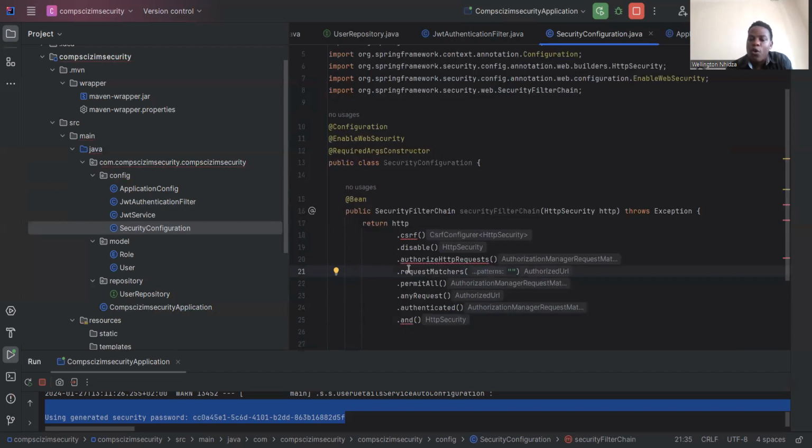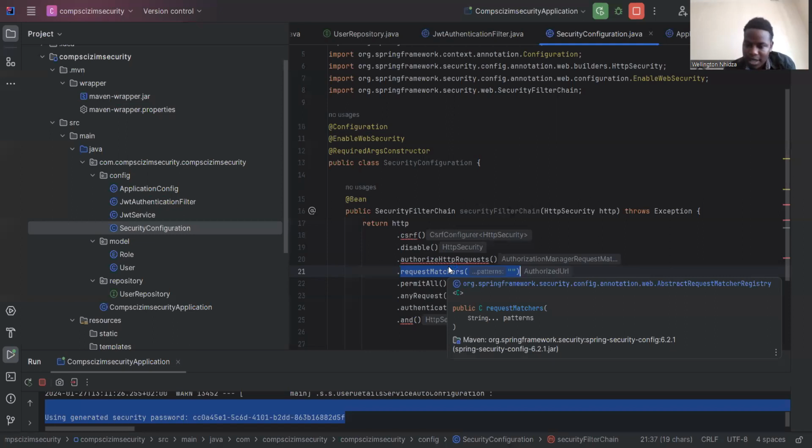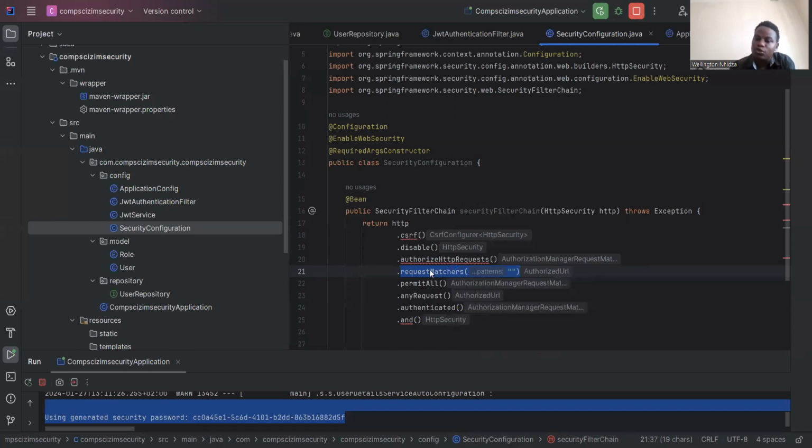So for all those URLs, like for someone to register, for someone to authenticate himself, we should whitelist them. They should not be authenticated. So this one says that these URLs should not be authenticated, but any of these requests should be